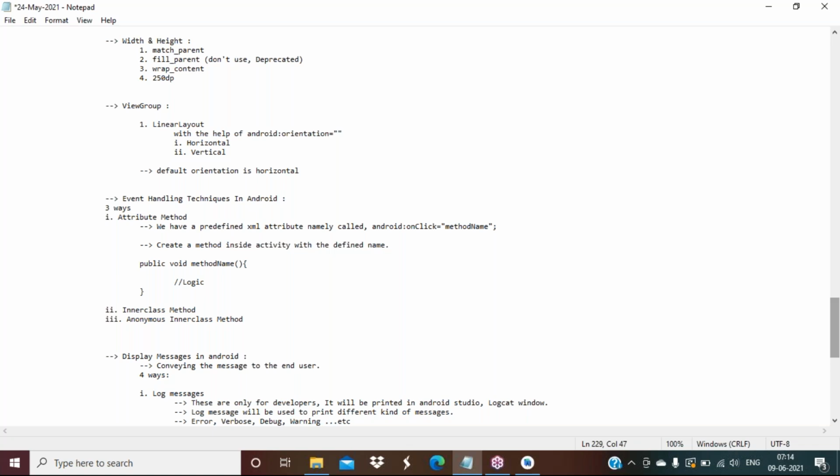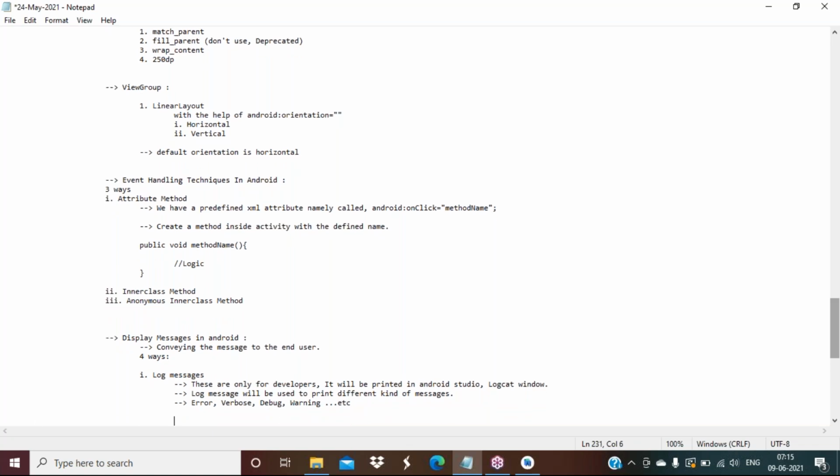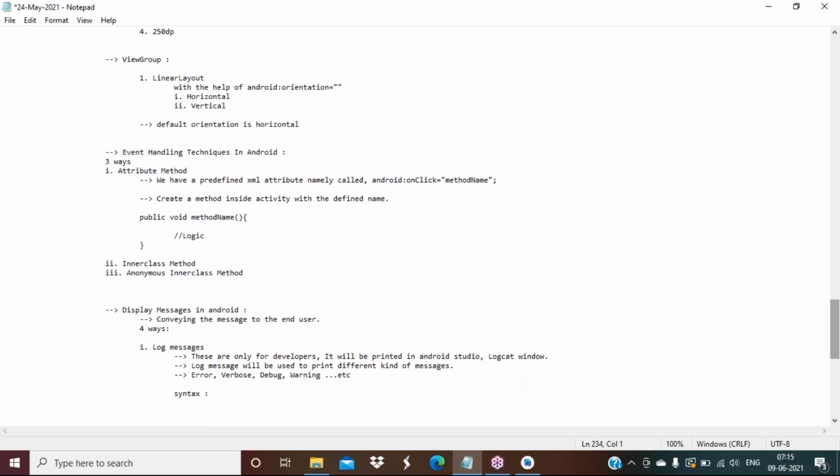So how to write a Logcat message? There is a particular syntax which you need to remember. So the syntax I am writing here: capital L-O-G. Log is a predefined object.